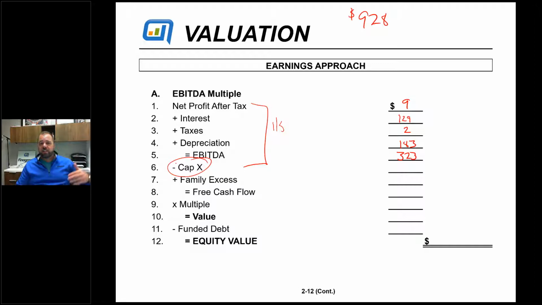This usually is because the equipment that they have is out of date. It doesn't work right. He hasn't been maintaining it because he thought he was selling the company. Whatever it is, you probably have a capital expense associated with it. And because I know that, I'm willing to recognize that you have other money that you have to spend. I'll give you what we normally spend per year on capital expense. So here's how I figured this out. Normally I'll take the average